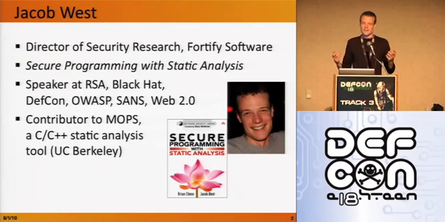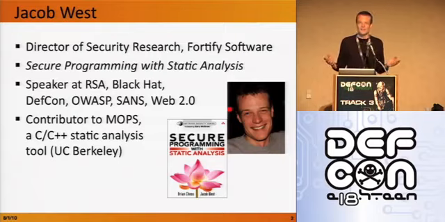So that got me really excited, and I joined this company called Fortify, and since then we've been building static and now some dynamic analysis tools to find security vulnerabilities. I got to write a book a few years ago called Secure Programming with Static Analysis with a colleague of mine, Brian Chess. That's a great reference for any programmers out there who want to understand how static analysis as a technology and software security can come together, and how static analysis, which is good for hammering all different kinds of nails, is particularly